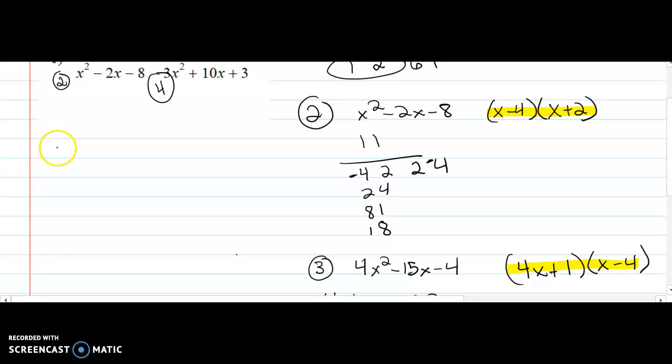So here we have 3x plus 1, x plus 2 over x minus 4, x plus 2. Then we're multiplying. So then we get 4x